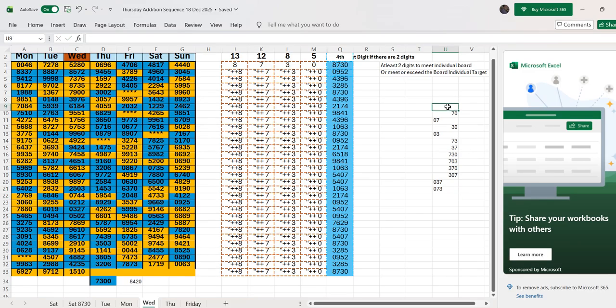So this is for Thursday. Then for Friday, what you can look at is a combination of 0, you can look at a combination of 4, you can look at a combination of 2 and 8. So for Friday you have 842, 824, 248, 284, then you have 428, 482, then you have